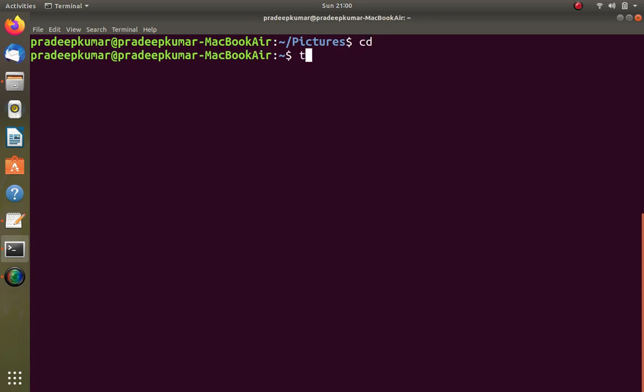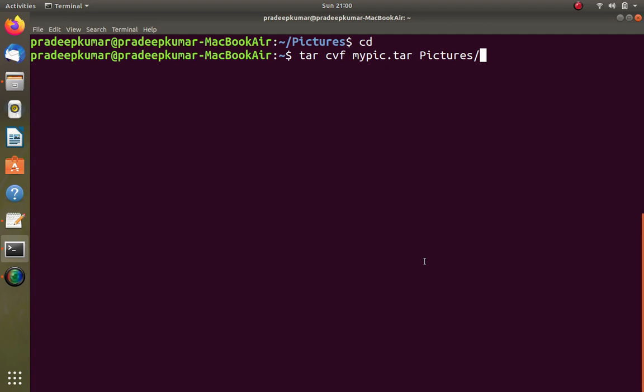What I do is, tar is the command name. C for compress, V for verbose, and F for file. The name of the file I want to use is mypic.tar. I want to store it to a file called mypic.tar, then the name of the folder, pictures.